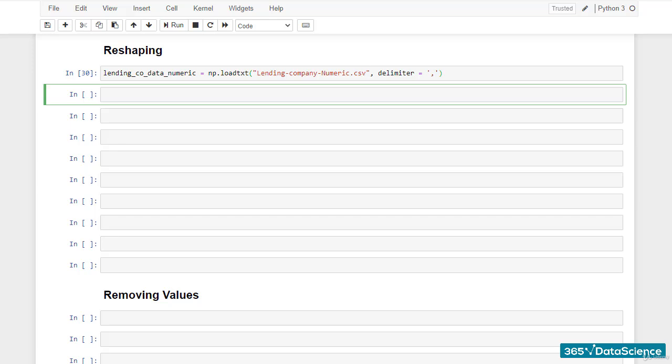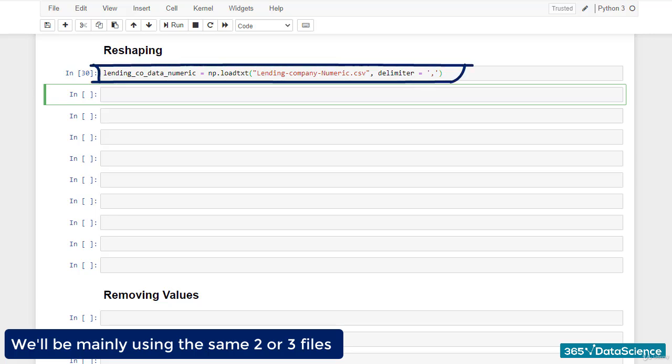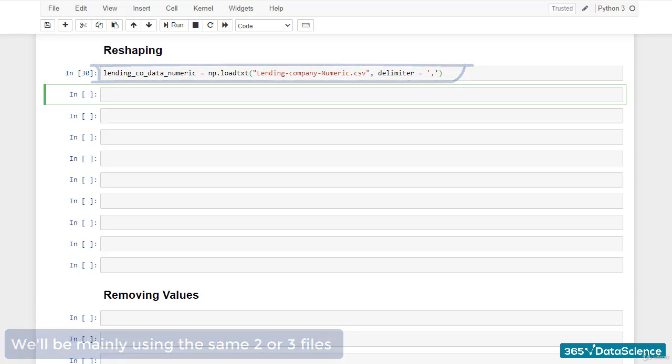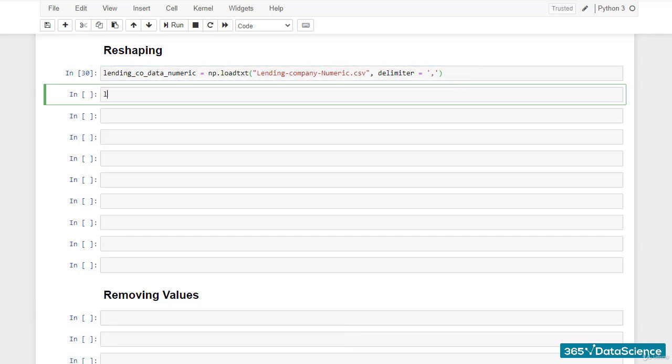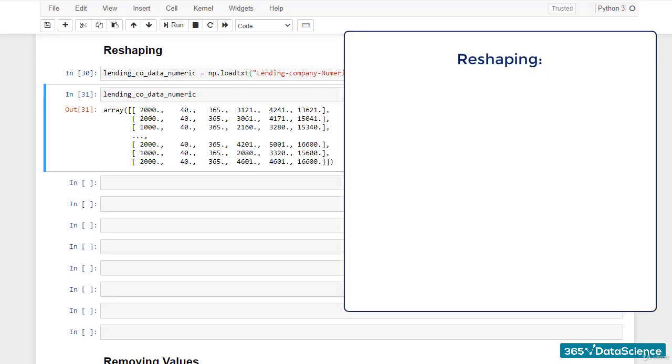As we progress through this section, we'll be mainly using the same 2 or 3 files. So moving forward, we will assume you know how to import and clean these arrays. If you've forgotten what the dataset looks like, here's a reminder. All right, now that we have our data, we can discuss what reshaping is when it comes to data manipulation